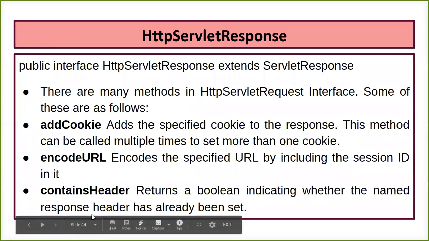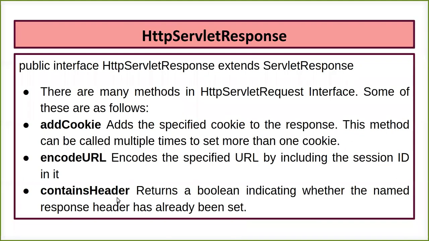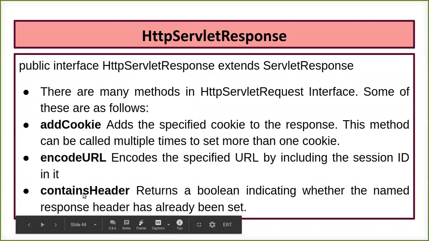Now the next one is your containsHeader method. Fine. It is going to return a boolean value, either yes or no. And why are we using this particular method? Just to check whatever header I am sending in the form of the response, so I can identify whether it has been sent or not. I can do that with the help of the name of that particular header. Okay, so I'm just checking whether the response I am sending contains this particular header or not, using the header name. If it is containing that header, it is going to give me a response in the form of yes or true, whatever boolean value we set.